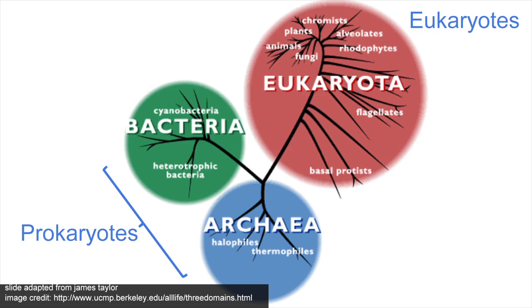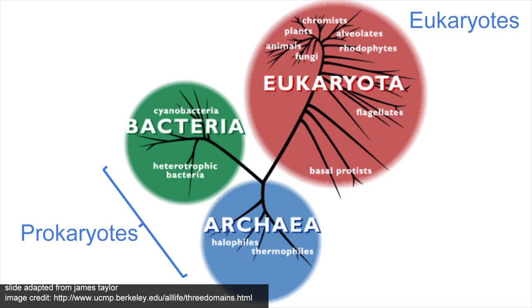So at the most basic level, we divide cellular organisms into three domains: eukaryotes, archaea, and bacteria. And archaea and bacteria are sometimes grouped together and called prokaryotes. And the distinction we make between these two very fundamental groups of living things is that eukaryotes have cell nuclei and prokaryotes do not. Now, evolutionarily, these three domains of life split off from one another very, very long ago, near the beginning of the evolution of life on Earth. Bacteria and archaea split off a little bit later, after eukaryotes had split off, and bacteria and archaea separated. But bacteria and archaea, in many ways, at the cellular description level, seem very similar.